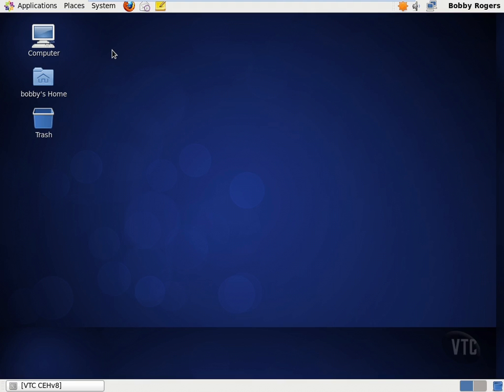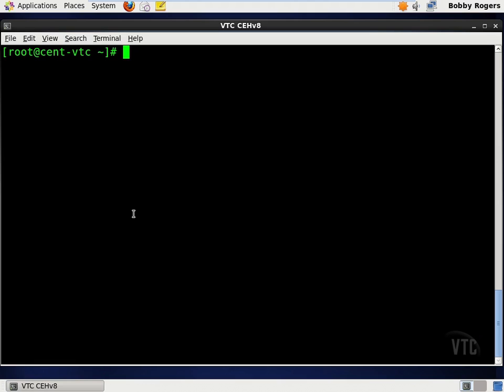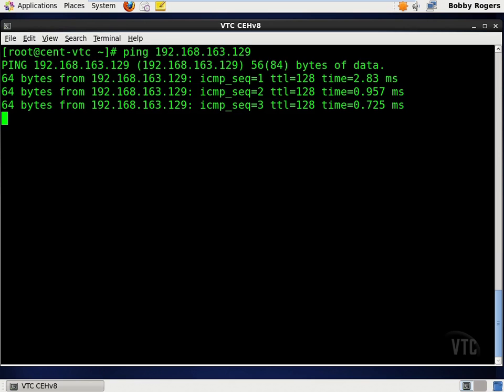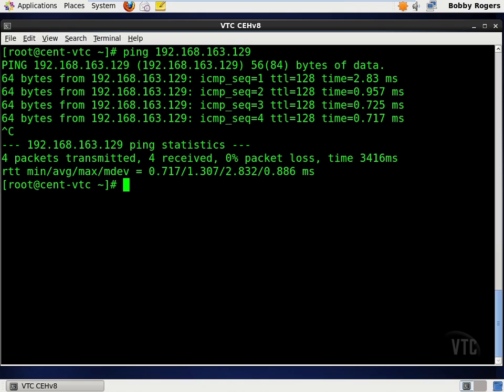And now we're in our CentOS box, and I've got a command prompt started here. First let's make sure our FTP server is up. It should be at 129, and we've got a response from it, so it's good to go. So let's go ahead and FTP to this box,